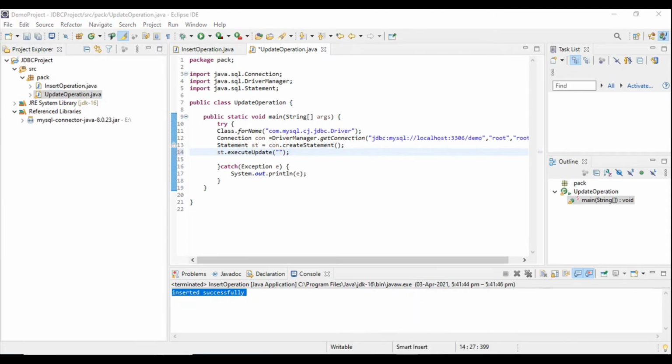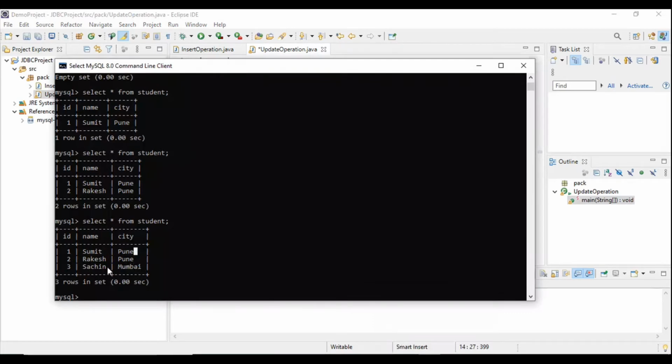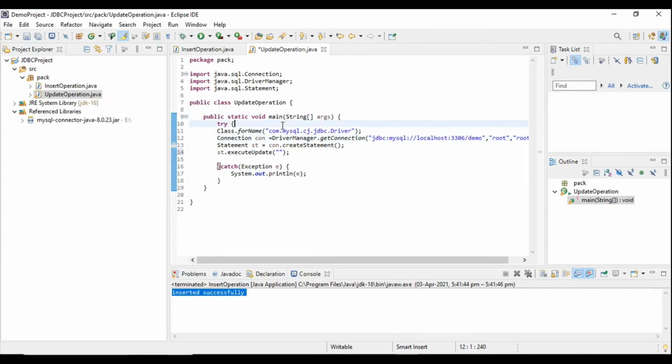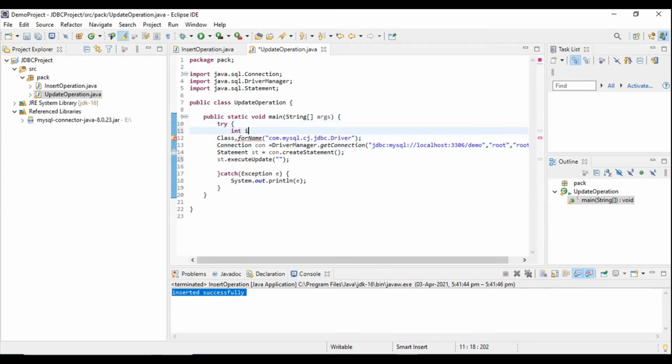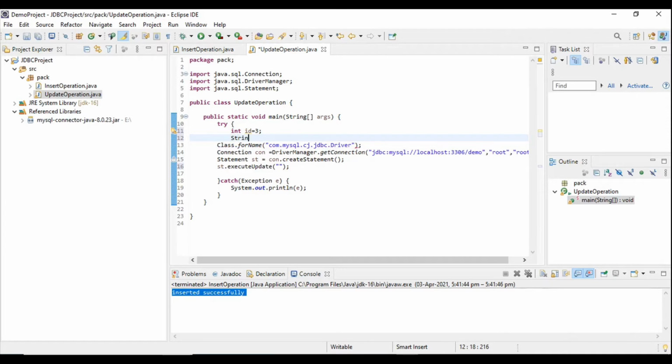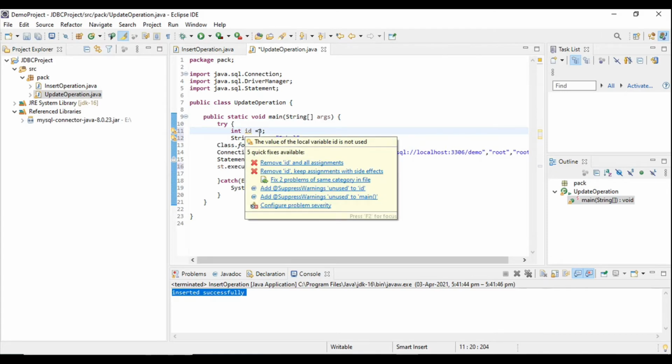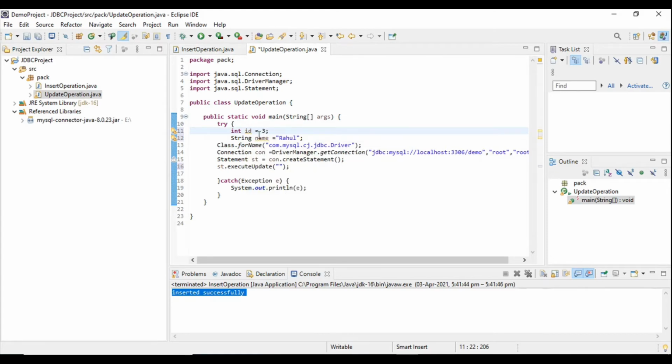So what I am going to do, these are the data. So I want to update this name whose ID is 3. So what will be the query?